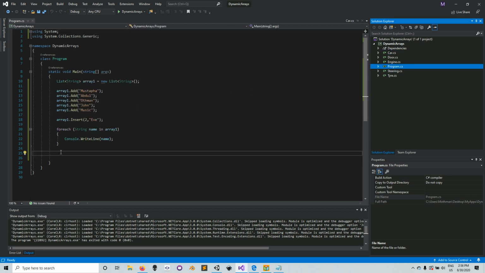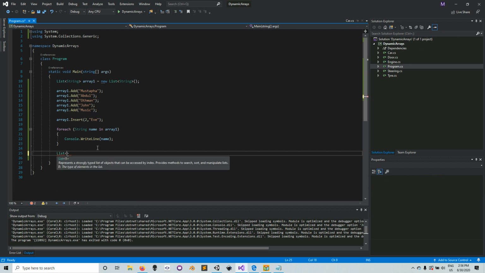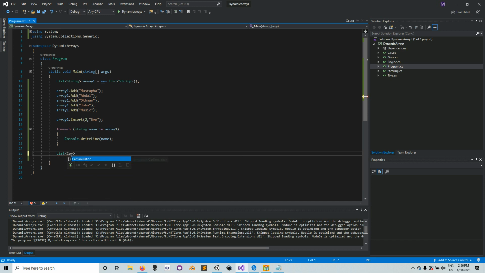What I want us to do is first create a list that can hold car. Now this is how you do it. Inside the angle brackets, you just write your car. Okay, and that's it. You say list of car, or we can call it garage, is equal to new List of